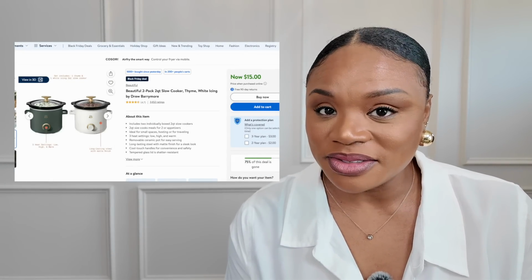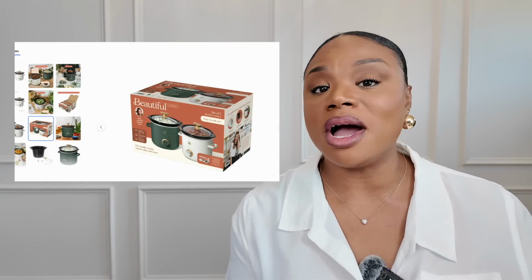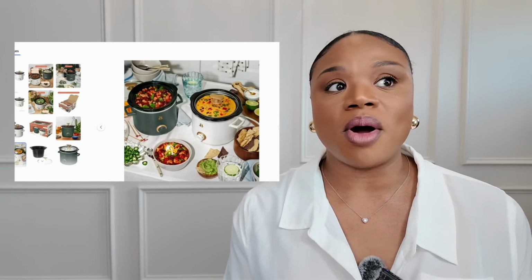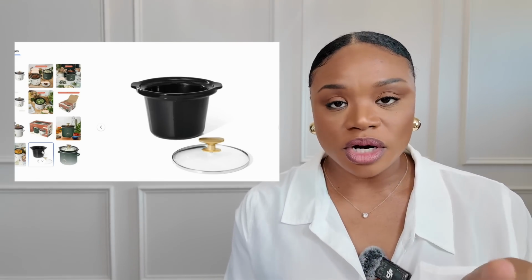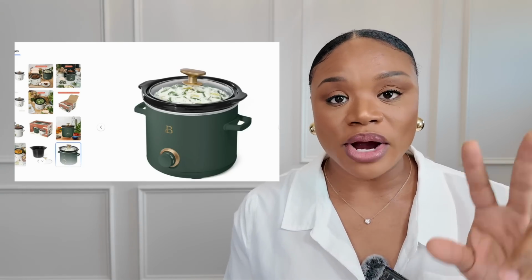Walmart, are you ill? Giving away, listen, in my cart. Y'all, these are perfect, especially for parties, like if you have different dips or whatever. 2 quart, so they're not huge, but they are a good size for 15 bucks for a 2-pack, and they